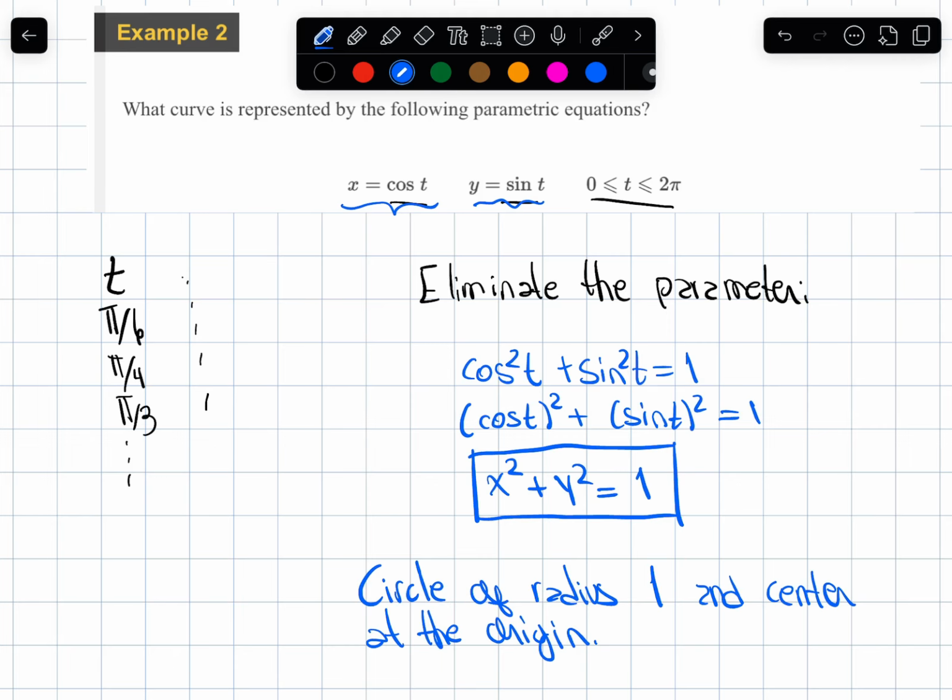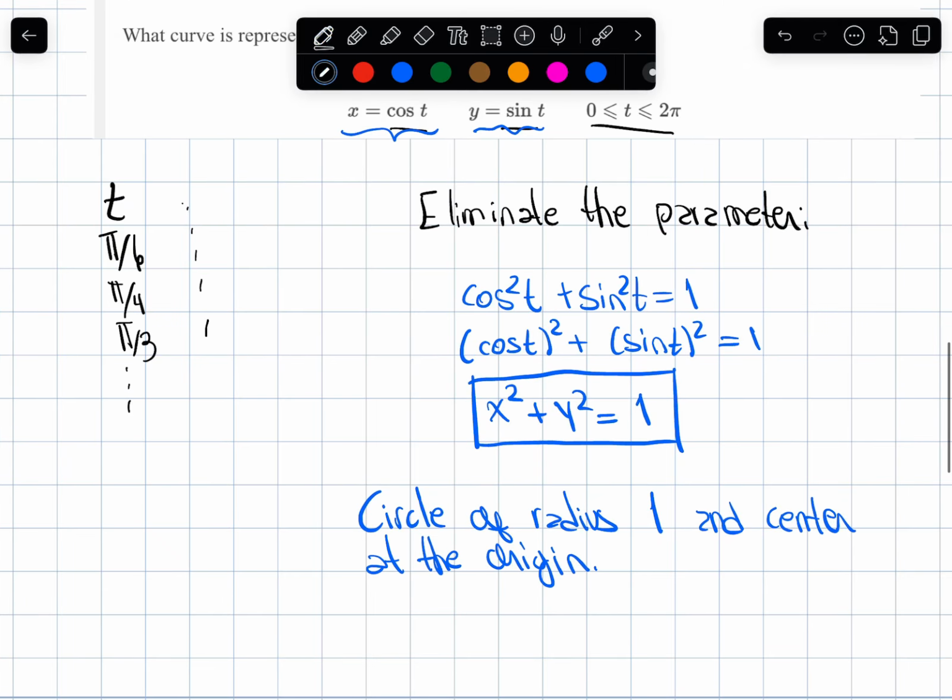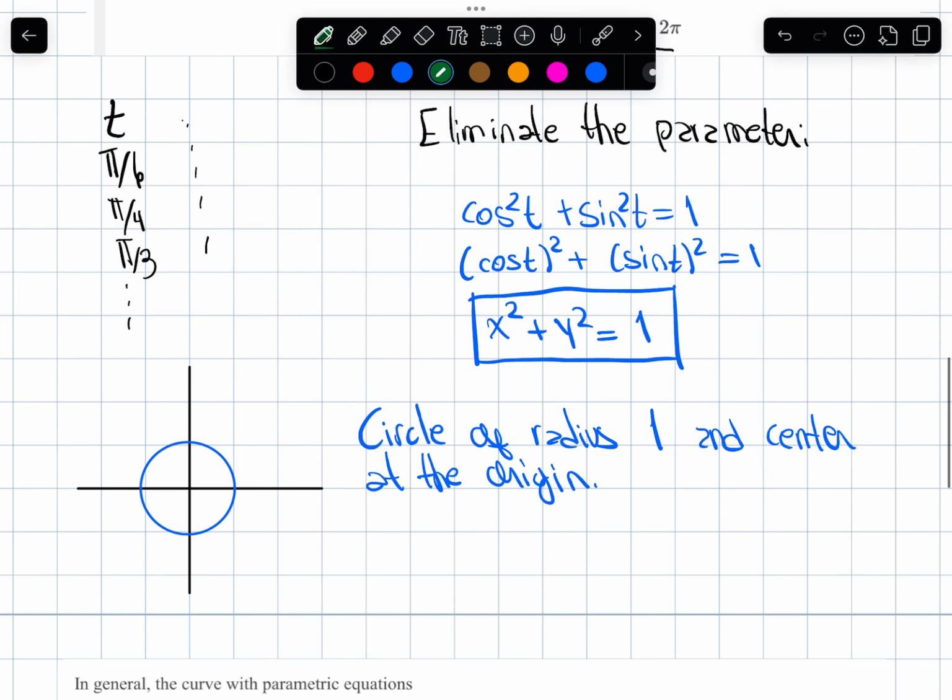Though, like I said, we lose the direction. But if you do also trace the points, you can clearly and very easily tell that this is not only a unit circle, a circle centered at the origin, but also a circle that is traversed in a specific orientation. So here's my circle. It's not quite unitary, but that's fine. And if you, for example, just plot in a few points, let's say you have a t